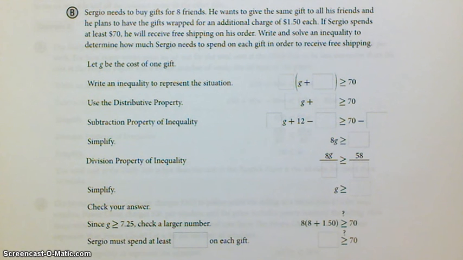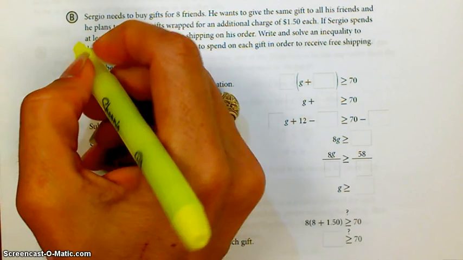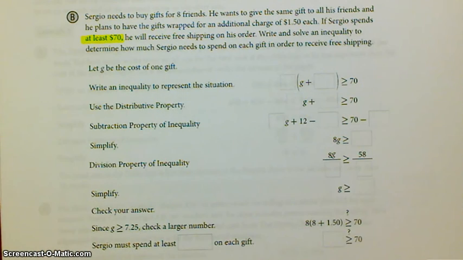All right, Sergio. Sergio apparently has a lot of friends because it says Sergio needs to buy gifts for 8 friends. He wants to give the same gift to all of his friends, and he plans to have the gifts wrapped for an additional charge of $1.50 each. If Sergio spends at least $70, he will receive free shipping on his order. So write and solve an inequality to determine how much Sergio needs to spend on each gift in order to receive free shipping. So if he's going to spend at least $70,